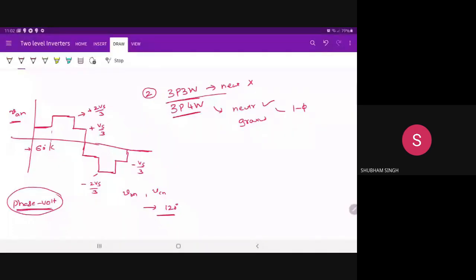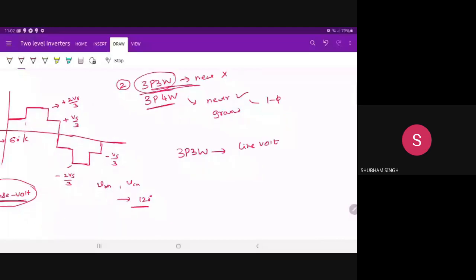That means it is not even grounded. Okay, so that is 3-phase 3 wire. In case of 3-phase 3 wire, we will never worry about the phase voltages. We will be interested only in line voltages, and we never bother about the shape of the phases, right? In case of 3-phase 4 wire, we have to check both phase voltage and line voltage.